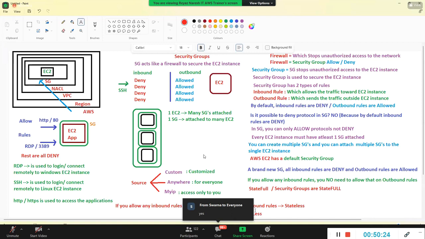So you all understood, if you want to talk to the EC2 instance, first you need to talk to who? Security group. If any protocol is not allowed, it will not allow it. That's it. Let's say, for example, you have the EC2 instance and you are not able to connect to the,